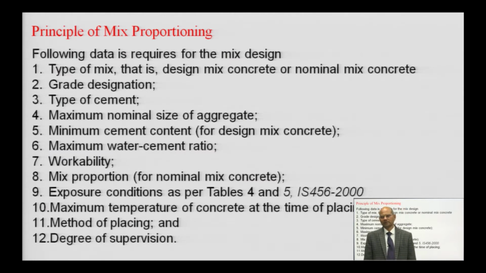Then type of cement is also very important, and apart from type of cement, different grading is also important. The minimum amount of cement is important, and the maximum amount of cement is limited. Similarly, the maximum nominal size of aggregate must be known. What should be our maximum size, whether it is 20 mm down, 10 mm down, 40 mm down or 80 mm down? Those data must be with us while we are designing the mix.